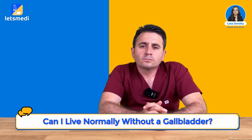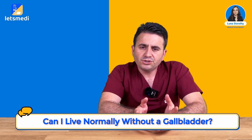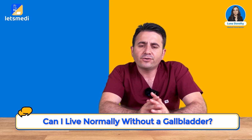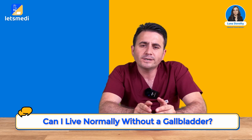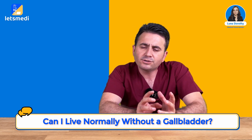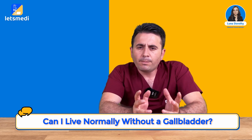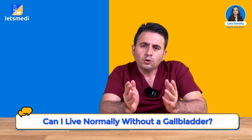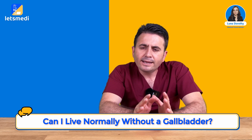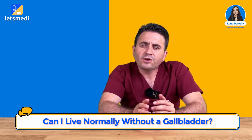Can a patient live normally without a gallbladder? Yes. As I mentioned, the role of the gallbladder is storage, not producing bile, because bile is produced by the liver and there is always a flow from the liver to the intestine, a bile flow I mean. But in the main meal times, the gallbladder empties the bile that's stored inside it and it helps the digestion. By removing the gallbladder, due to the continuing bile flow from the liver, there will be no problem. After a 1 or 2 month adaptation period,